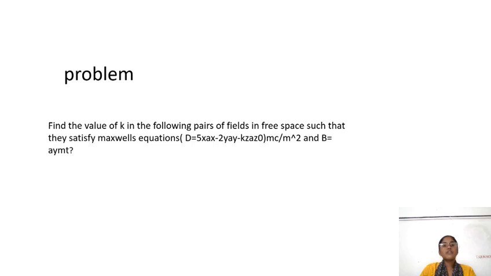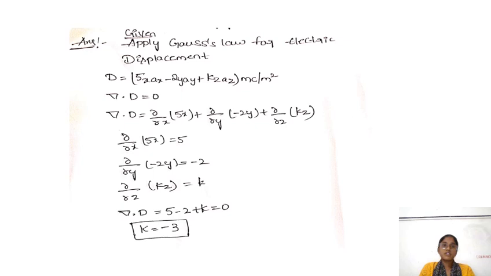Find the value of k in the following pair of fields in free space such that they satisfy Maxwell's equations: D is equal to 5x ax minus 2y ay plus kz az, and B is equal to ay mT. To solve the given problem, we can apply Gauss's law for the electric displacement. D is equal to 5x ax minus 2y ay plus kz az,